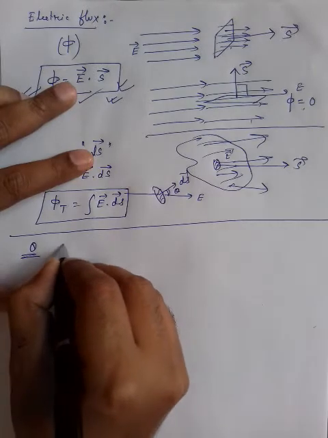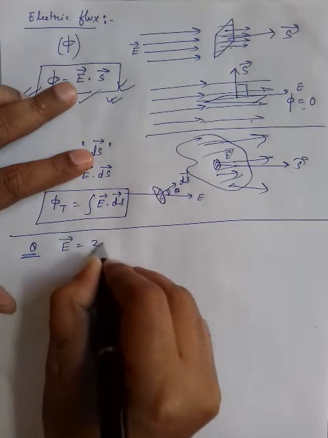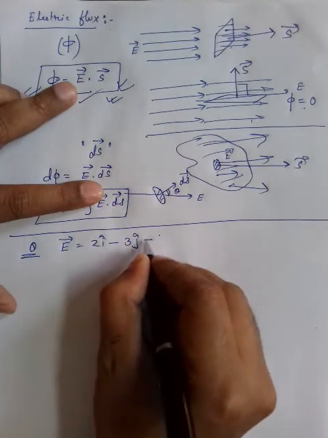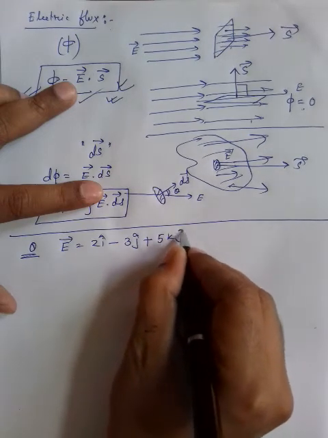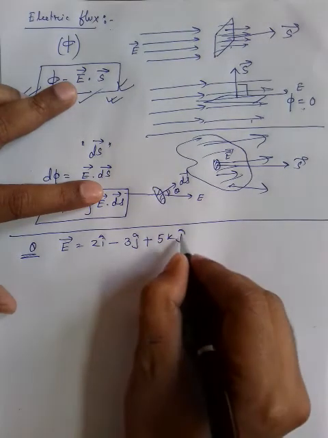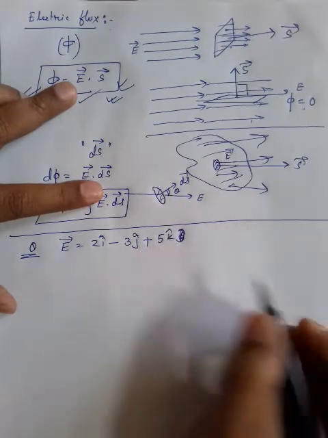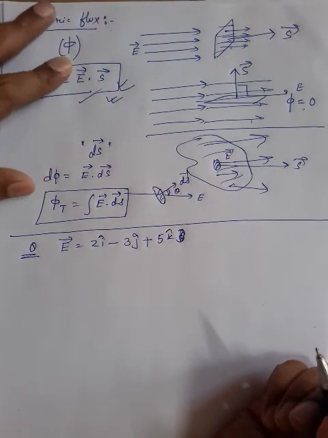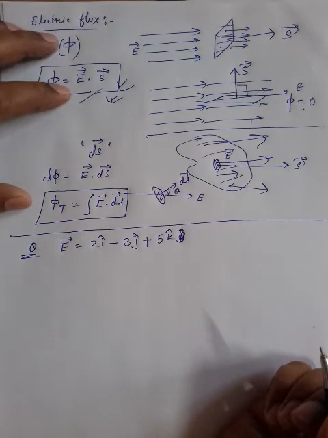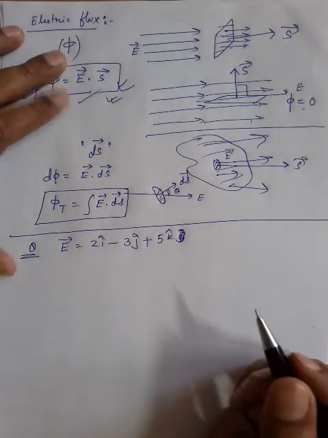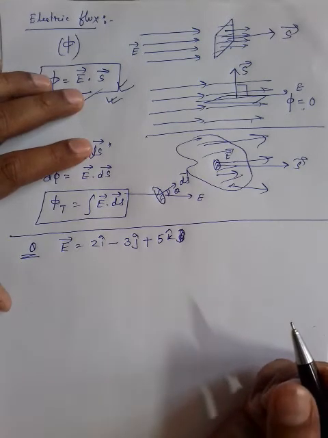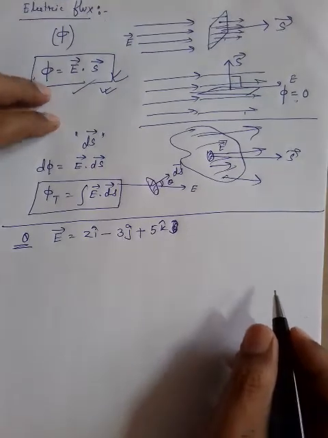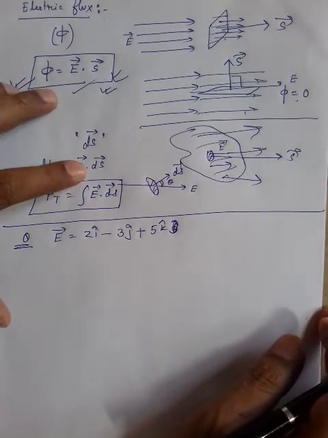A uniform electric field E equal to 2I cap minus 3J cap plus 5K cap exists in a region. Find electric flux associated with a cube